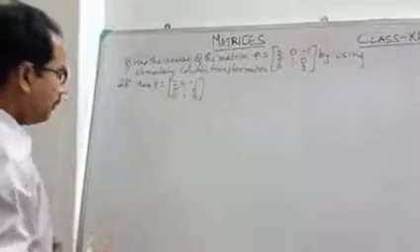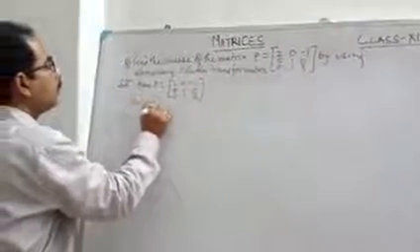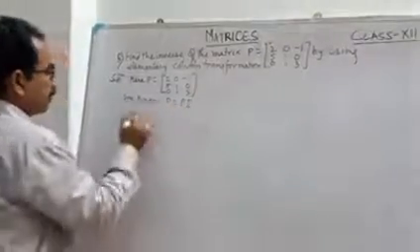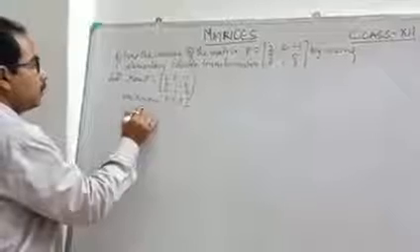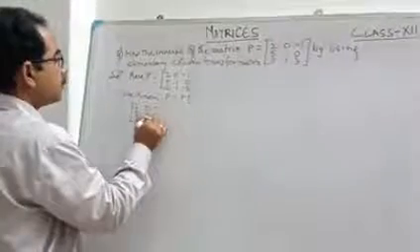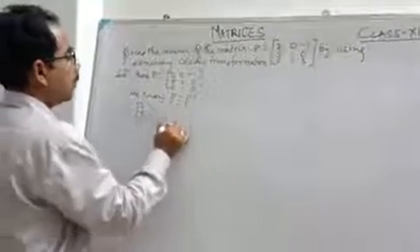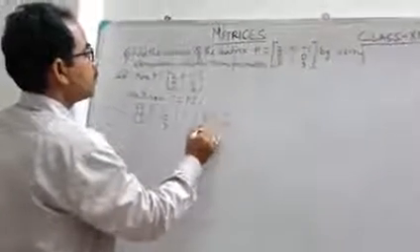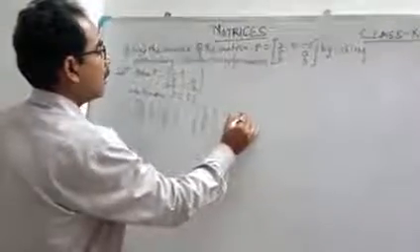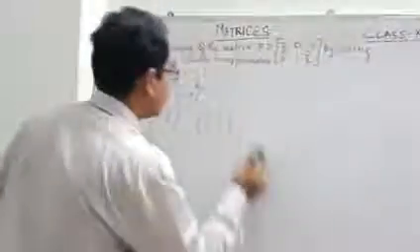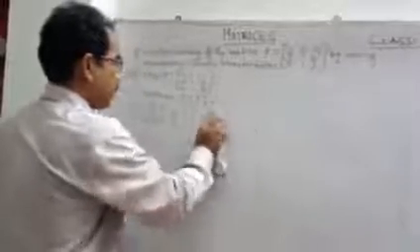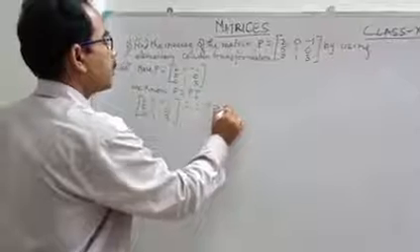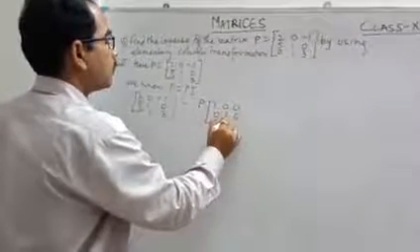So what we know: P equal to P I, as it is a column transformation. So 2, 0, minus 1, 5, 1, 0, 0, 1, 3 equal to 2, 0, minus 1, 5, 1, 0, 0, 1, 3. Keep P here and the identity matrix 1, 0, 0, 0, 1, 0, 0, 0, 1.